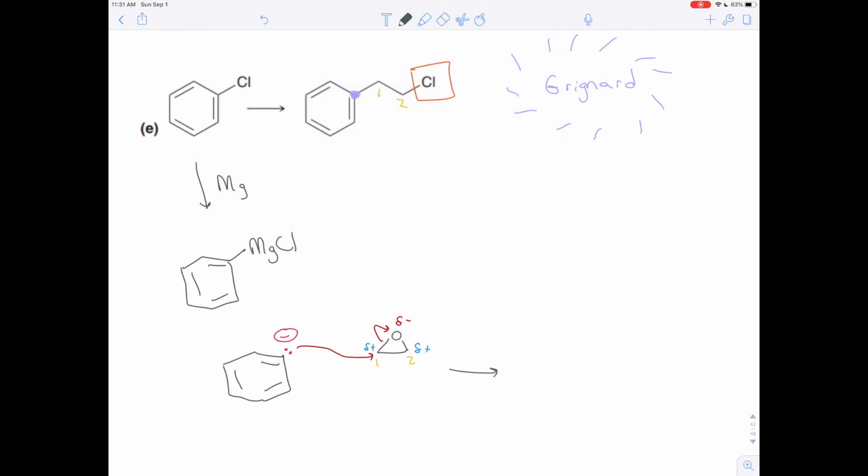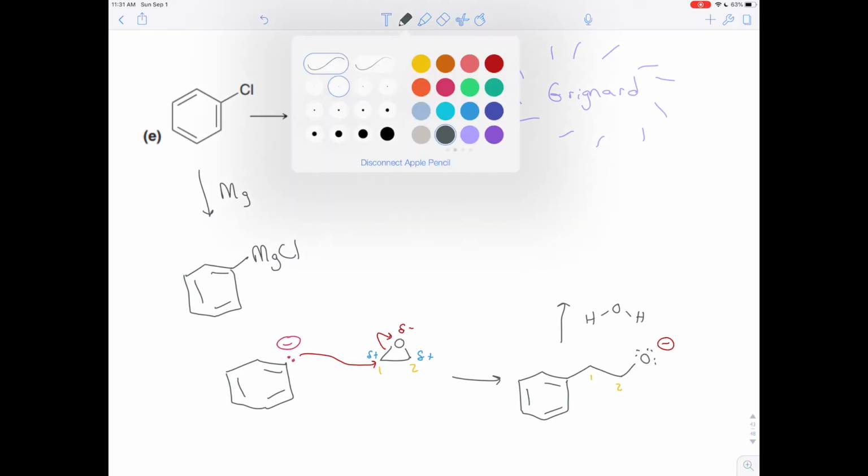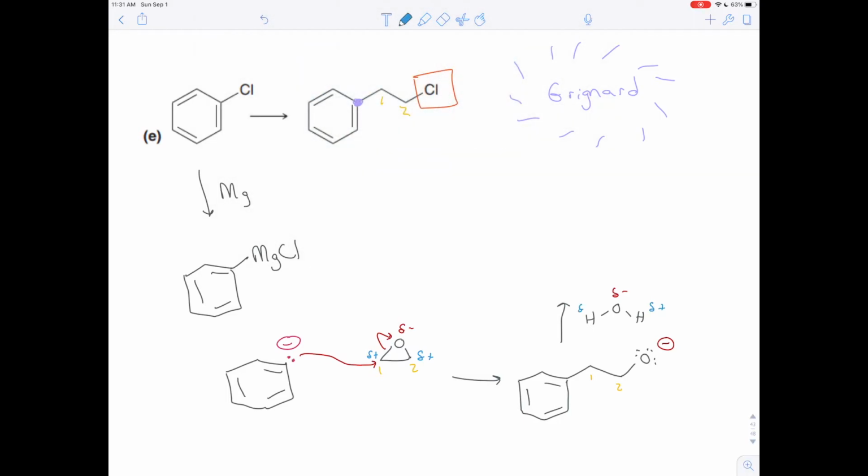These are equally crowded, so it doesn't matter which one it attacks. And so what we'd have here after this step is this molecule here. So notice there's 1, that's 2. Alright, now as usual, we can add some water just to calm things down a little bit. Oxygen slightly negative, hydrogen slightly positive. So this can attack one of those hydrogens, and you're left with